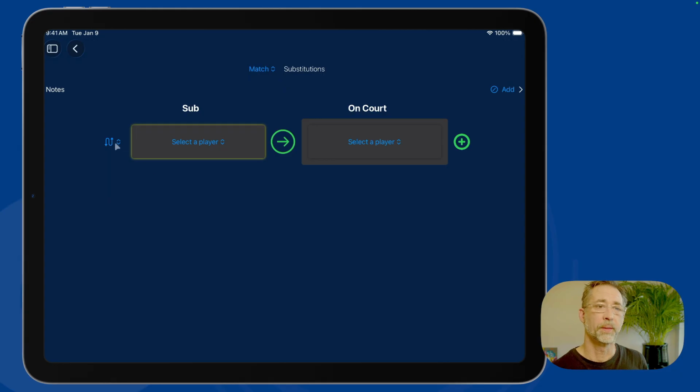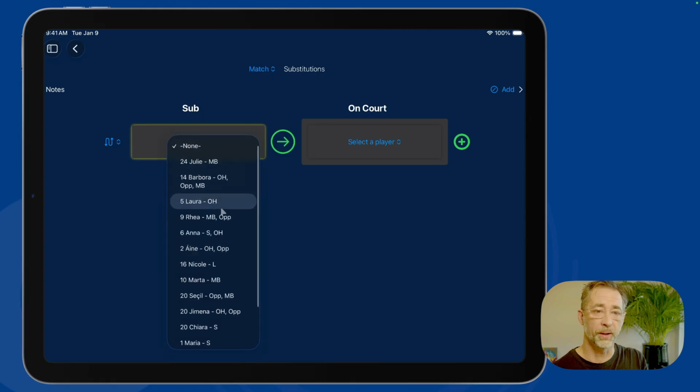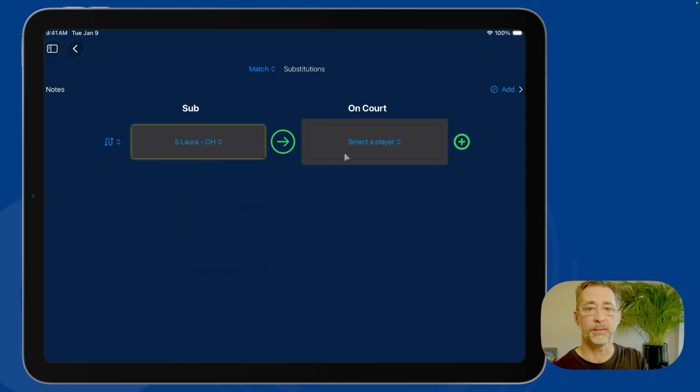bunch of subs. I can also determine here what type of sub they are. Is it just a regular one that's going to happen whenever, maybe just in the back row or front row? Maybe they're just a serving sub, or maybe in an emergency, this is where this person's going to come in. So I can go drop down here. In fact, we'll say, okay, Laura is going to come on